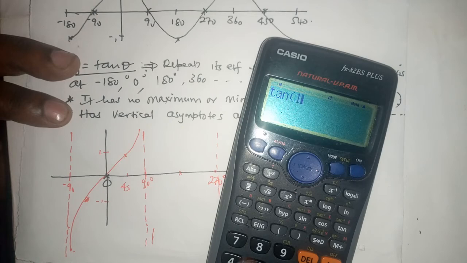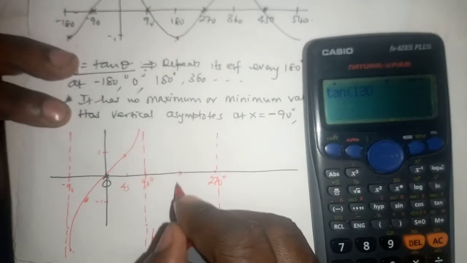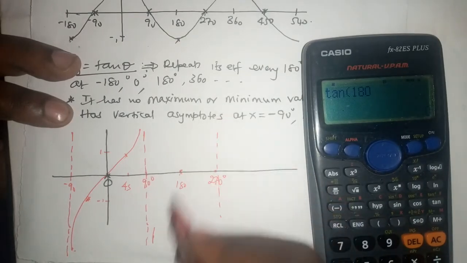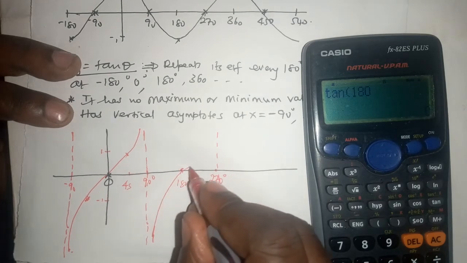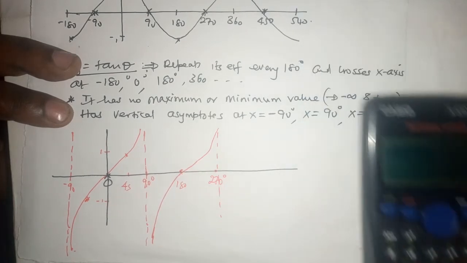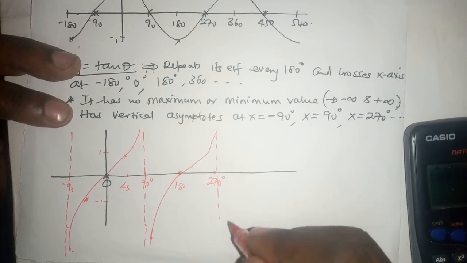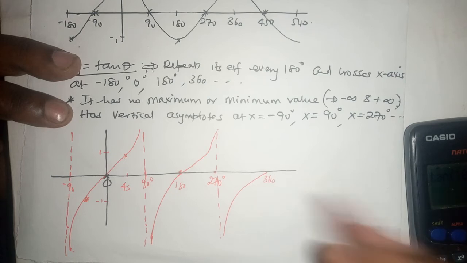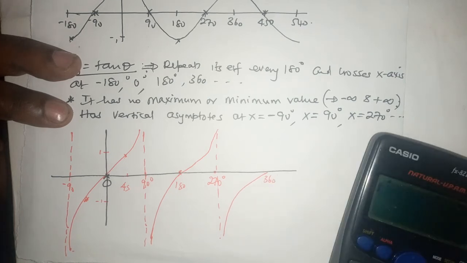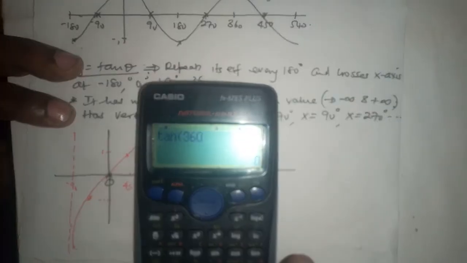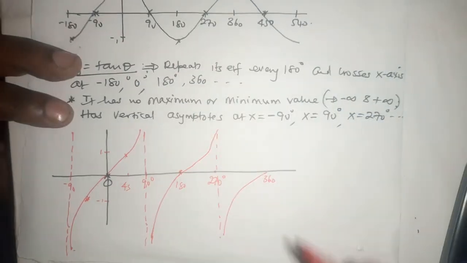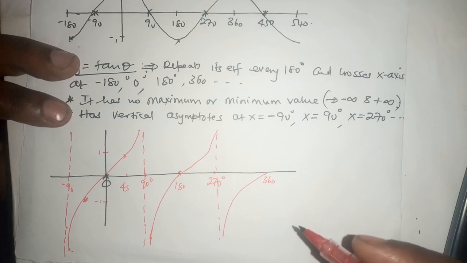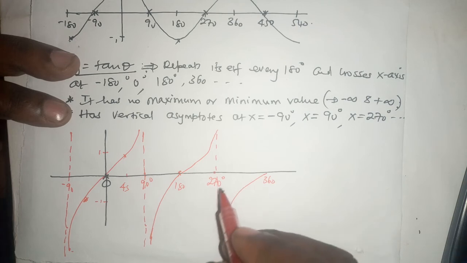What about the tan of 180 degrees? Again, this is 180 and 0 and 270. So we have a graph that looks like that. And we have a graph that again looks like that. And I'm very sure this is 360 degrees because the tan of 360 degrees is again equal to 0. And there we are. So this is, in a nutshell, the graph of y is equal to the tangent of x,